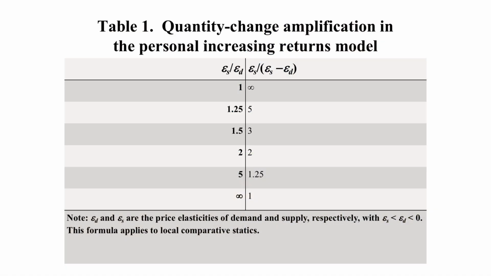Again, we're just in the single intersection case. What I've done here is made a little table and said, okay, I don't know how elastic supply is, how elastic demand is, but let's compare their elasticities. Supply has to be more elastic than demand to have a single intersection. So that's why my table does not go below 1. But it goes from 1 to infinity. And you can see the multiplier can range from 1 to infinity. So the multiplier can be close to 1,